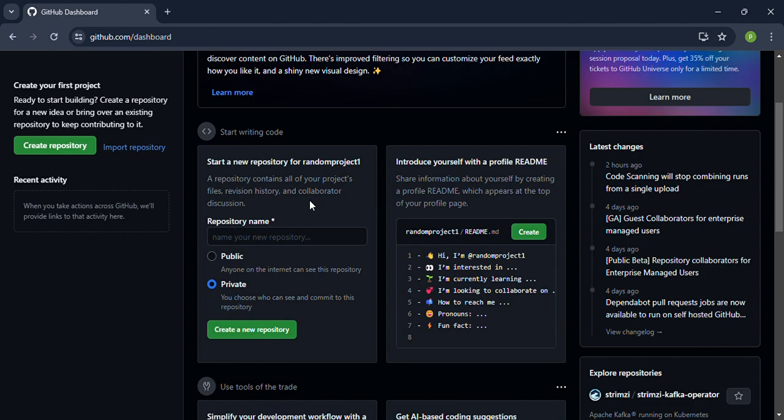gives you only one free repository you can use as a website, something like that. But if you want that, your repository name has to exactly match your username or the name you use to sign up to GitHub. That's random project 1. So if I want to create a repository that will go live, I'll just simply put random projects 1.github.io. So let me give you an example